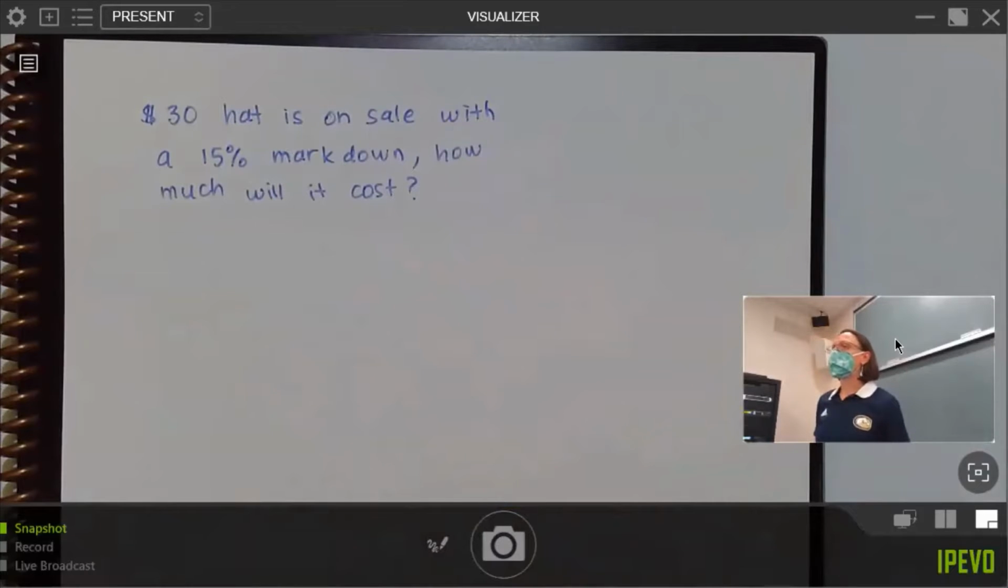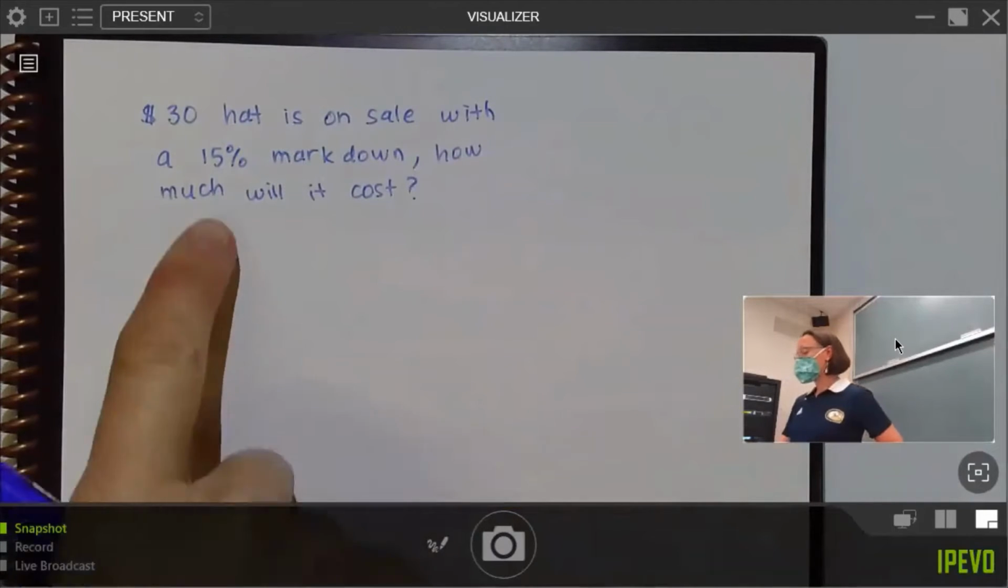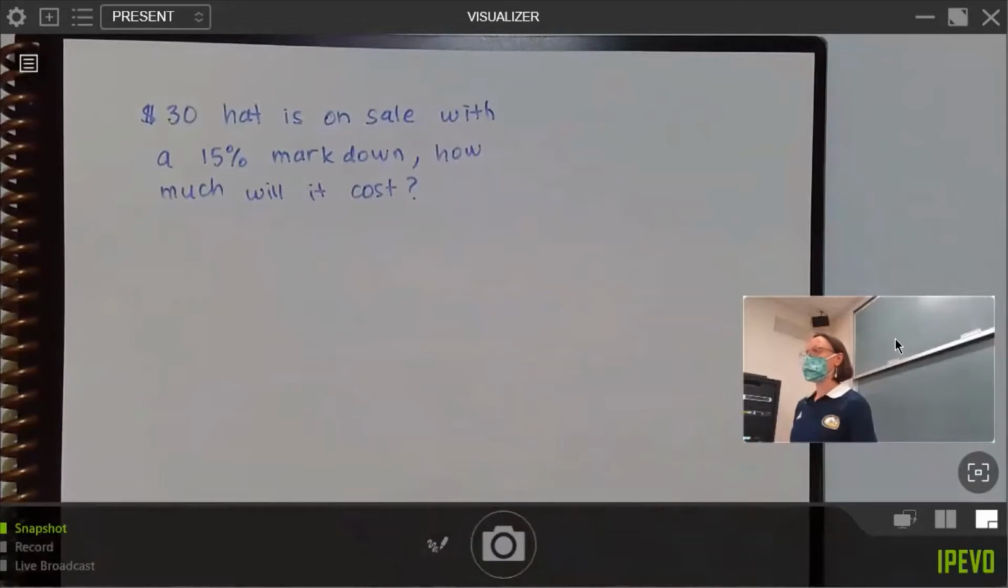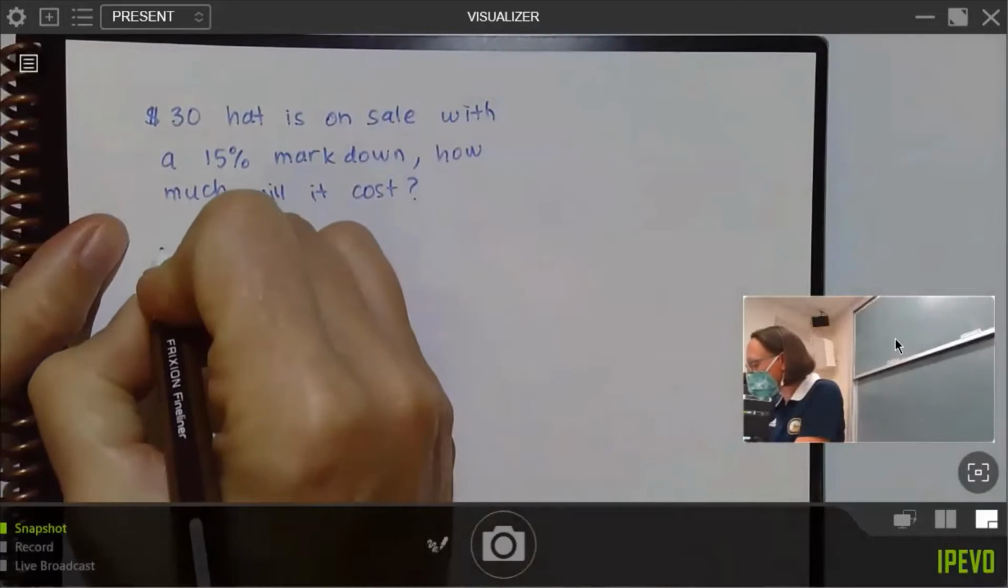Again, my guess is that some of these things you're probably used to doing and maybe even have ways to figure out in your head. 15% is not bad. When I have to do 15%, I usually do 10% and half of that. And that's how I would do that in my head. But if we were writing this as a math problem, if it's on sale with a 15% markdown, then we have two options. I can either think about what's the discount and subtract that from 30, or how much do I still have to pay? We should get the same answer either way, but if I go from the standpoint of how much is the discount,